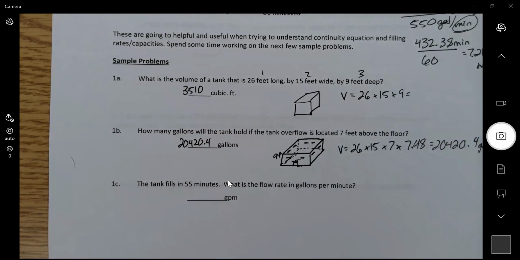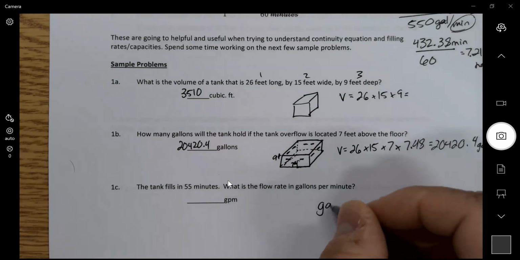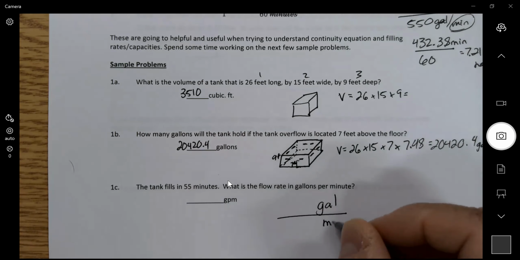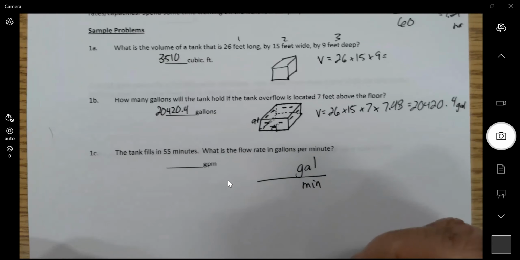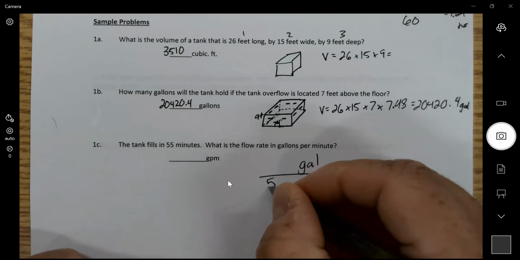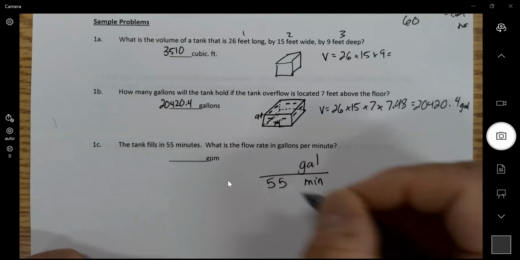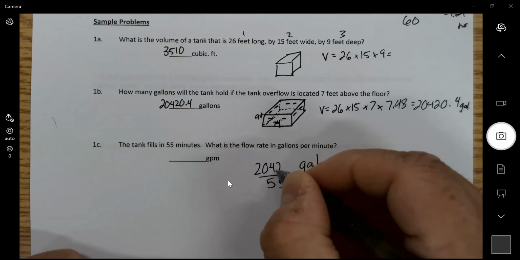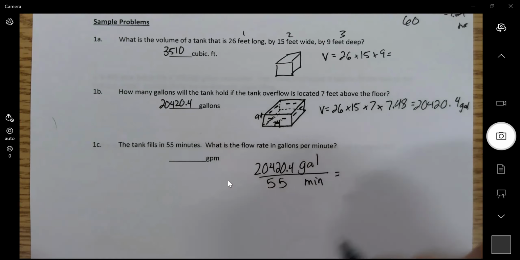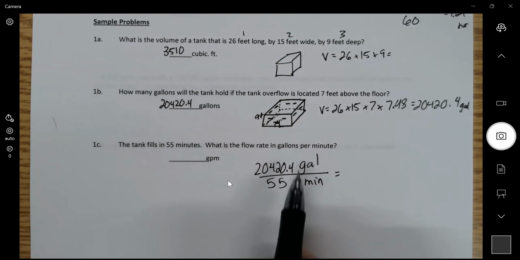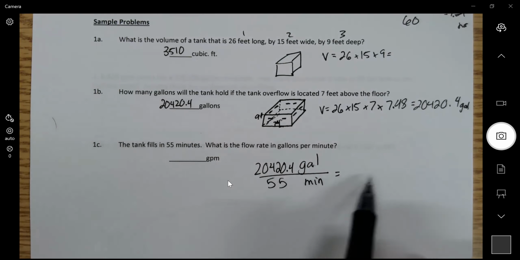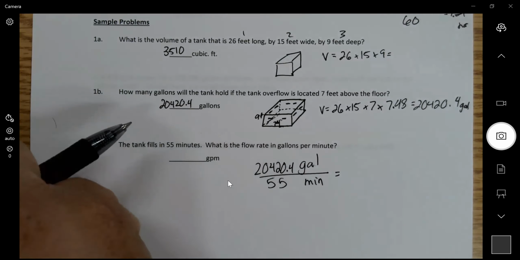All right, now the next question is, if the tank fills in 55 minutes, what will the flow rate be in gallons per minute? So if you're looking for a flow rate in gallons per minute, well, do you know how many minutes it was? It says 55. Do you know how many gallons it is? 20,420.4. So you just take the gallons with the minutes and you divide it, and that will give you gallons per minute